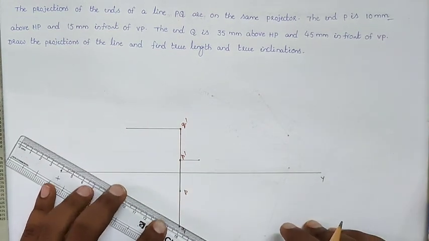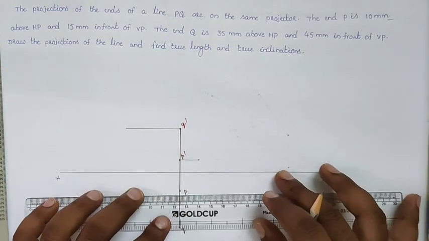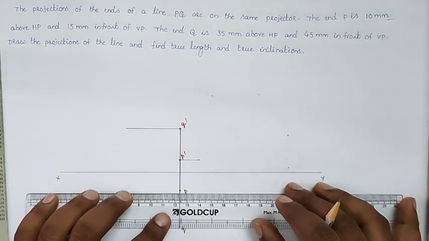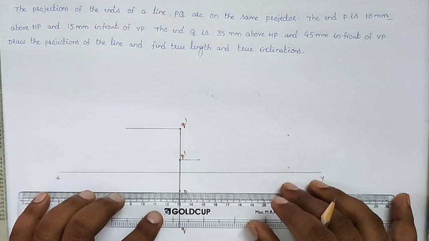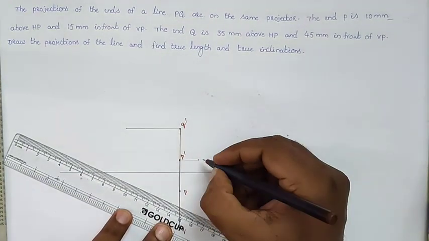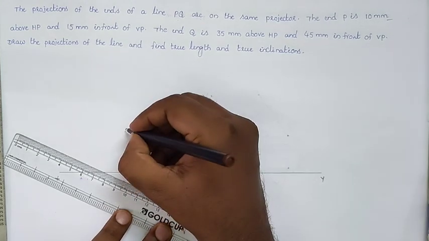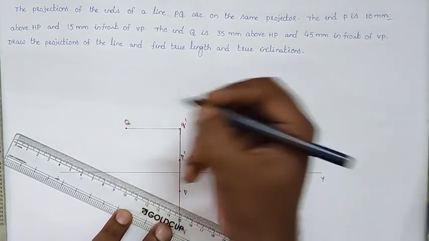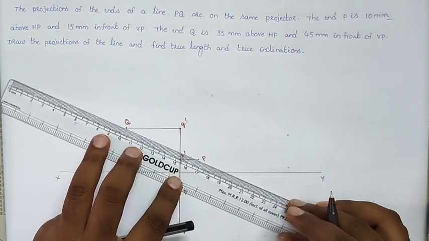And similarly from point P, so here we will get the point P, and here we will get point Q. So joining PQ,